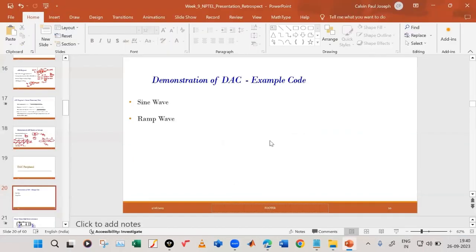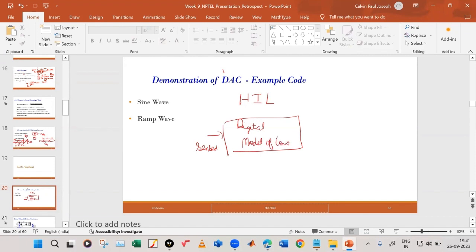Yes. So what I have understood is, let us consider hardware in loop. You have your sensed signals, which come to your digital platform. In the digital platform, you have a model of your converter. Using that model of your converter, you generate the PWM signals. This I will consider to be hardware in the loop, I think. I am not exactly certain of this, but